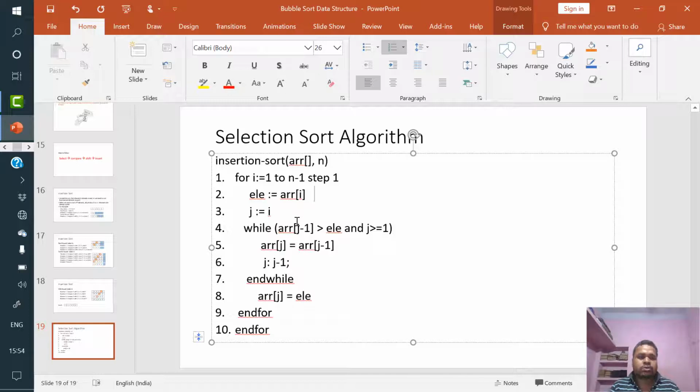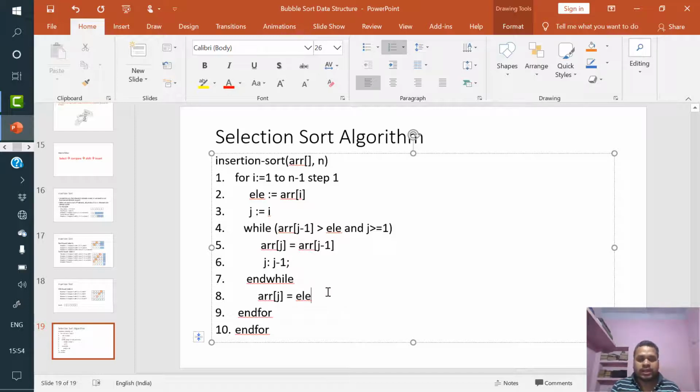While array[j minus 1] is greater than the element and j is greater than or equal to 1, we assign array[j minus 1] to array[j]. That means we are shifting, and we also decrement the j value.